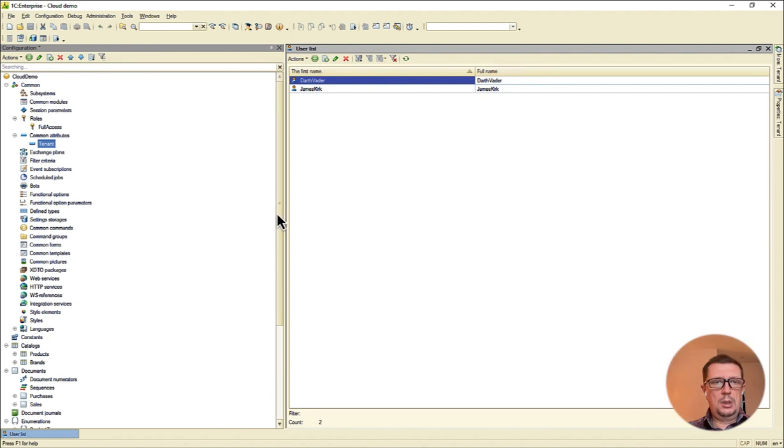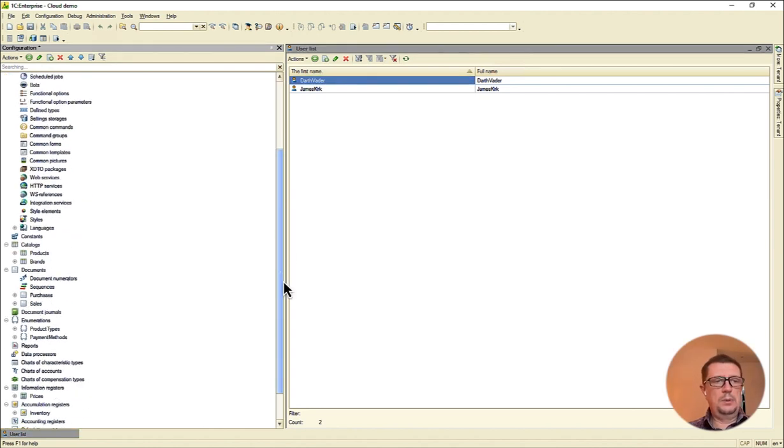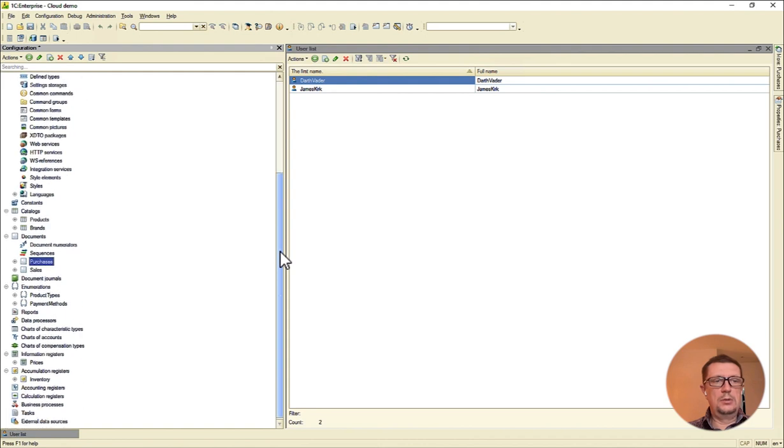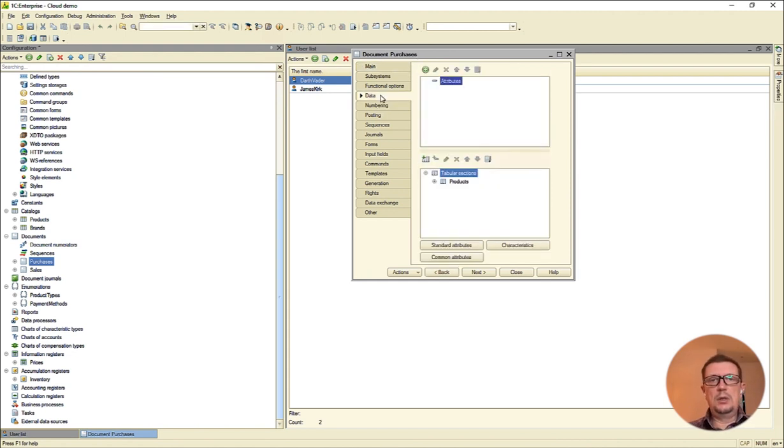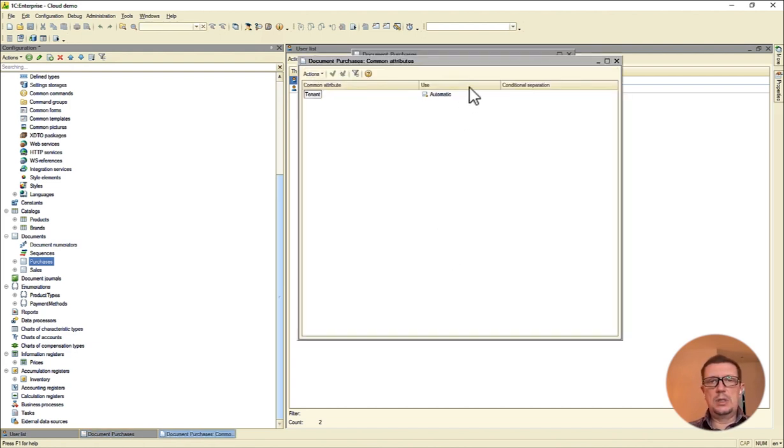So now let's, for example, separate the purchases and sales documents using this new common attribute called tenant. And I'm opening the purchases document settings, and here in the data tab there is a button called common attributes, and this is our tenant.